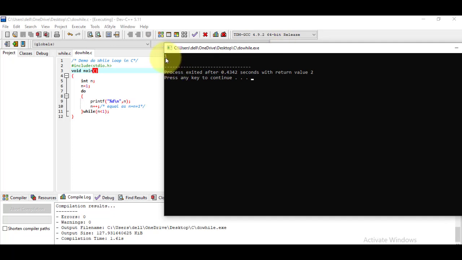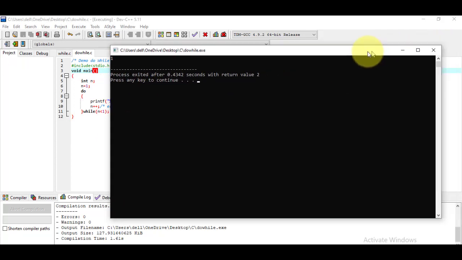Once it executes the body, it will display the value of n, that is n equal to 1, and after that it will check the condition. Checking the condition becomes false, so it will exit out of the loop. That's why it has displayed only 1.